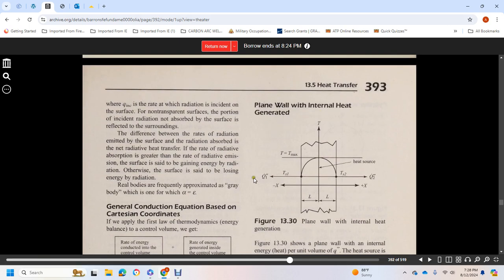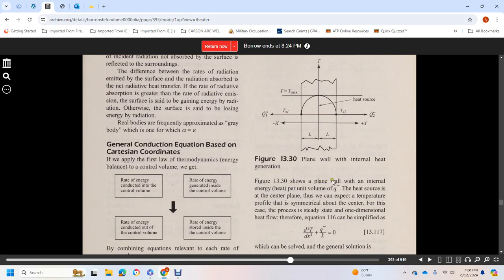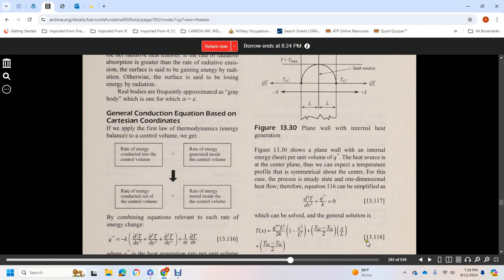Plane wall with internal heating. Figure 13.30 shows a plane wall with internal energy generation per unit volume. The heat source is at the center, so the temperature profile is symmetric about the center. For this case, the process is one-dimensional heat flow. Therefore, the equation simplifies to a form which can be solved. The general solution is